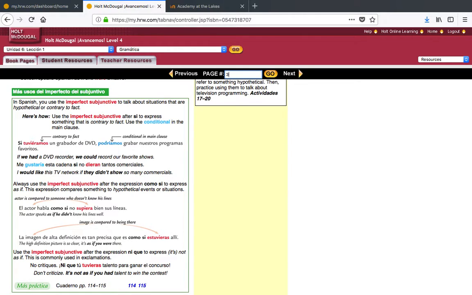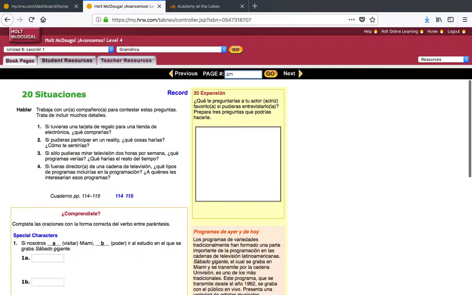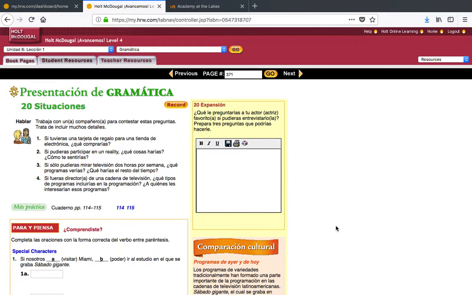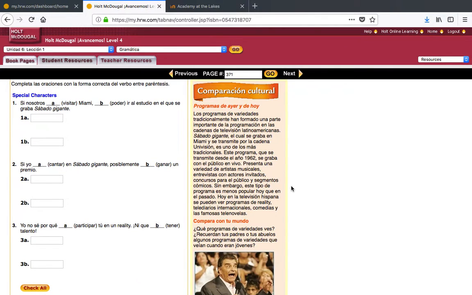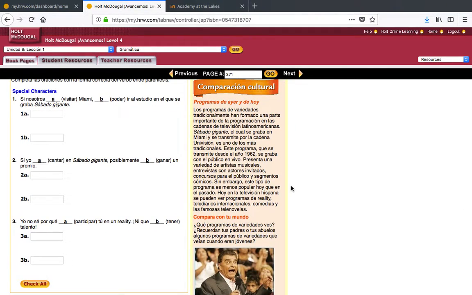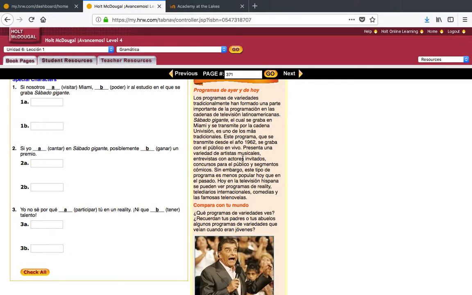Okay, remember, those participation points are pretty much talking. I want you to do this. You're going to see the comparación cultural. You're going to see it in Muro, okay? And it's going to be under participation points. What I want you to do is record your voice, okay? And you're going to label it as a participation point and the week we are, which I'm not sure, we're at 8 or 9. So Muro will tell you what week we are.